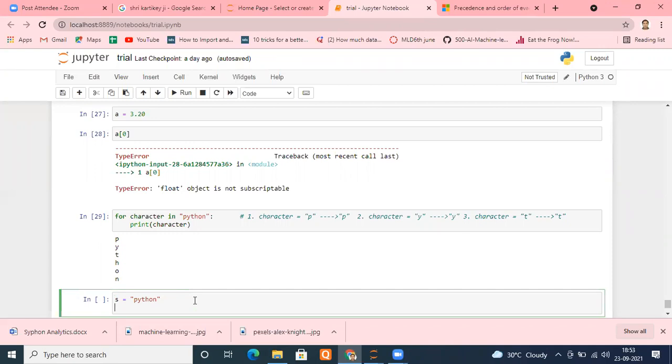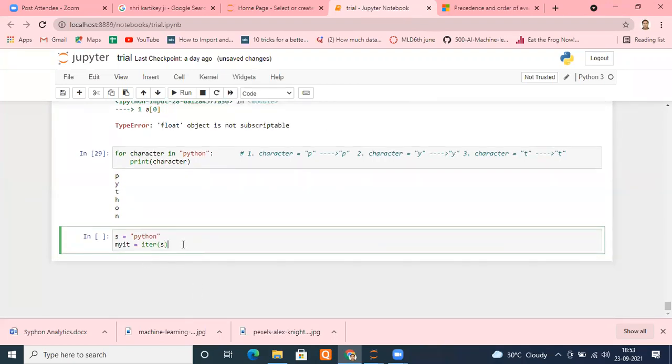I set my iteration equal to iter, and within the iter function I put s. So now I will be able to access every single element of this string s.